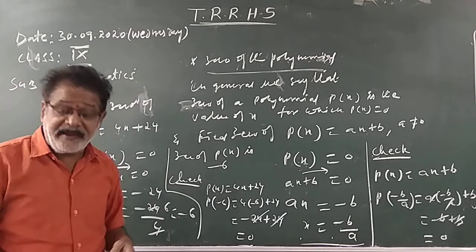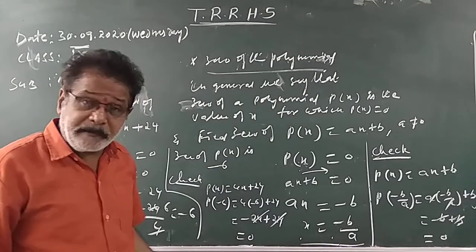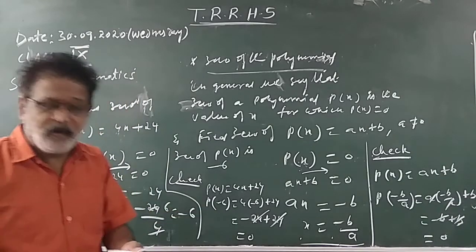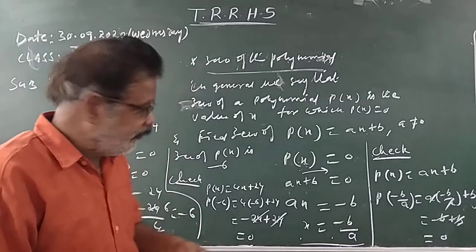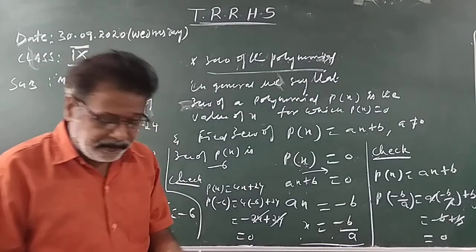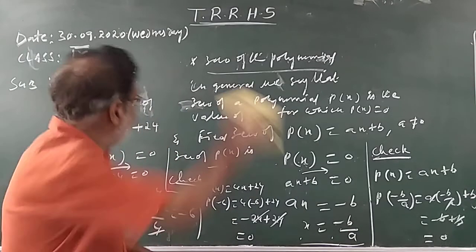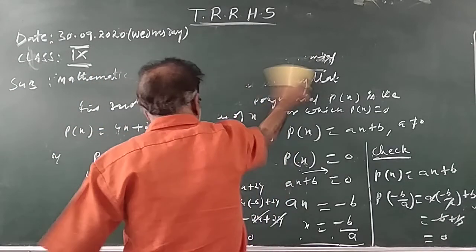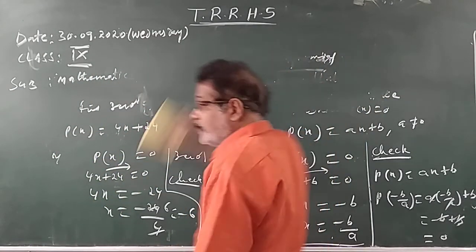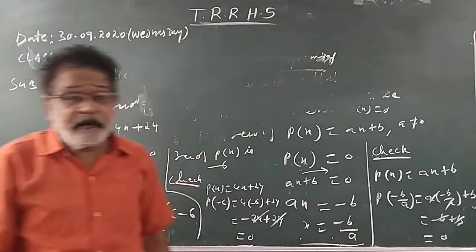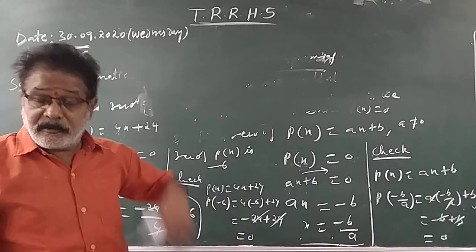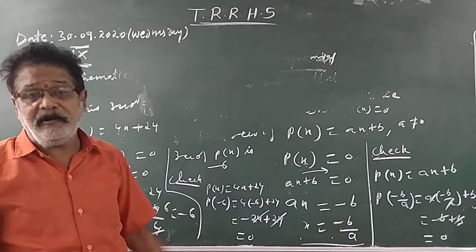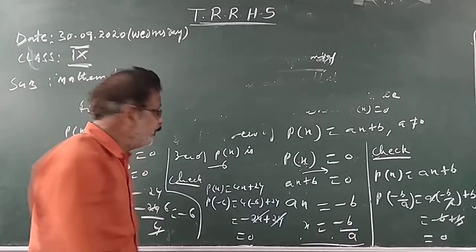Like this you can verify. We can find out the zero of the polynomial. When you substitute the zero of the polynomial in the given polynomial, you must get 0. This is how to find the zero of the polynomial. Children, so far we learned how to find the value of the polynomial and how to find the zero of it: set the given polynomial equal to 0 and solve it. For checking the zero, substitute the value in the given polynomial; you must get the answer 0, then only it is a zero.